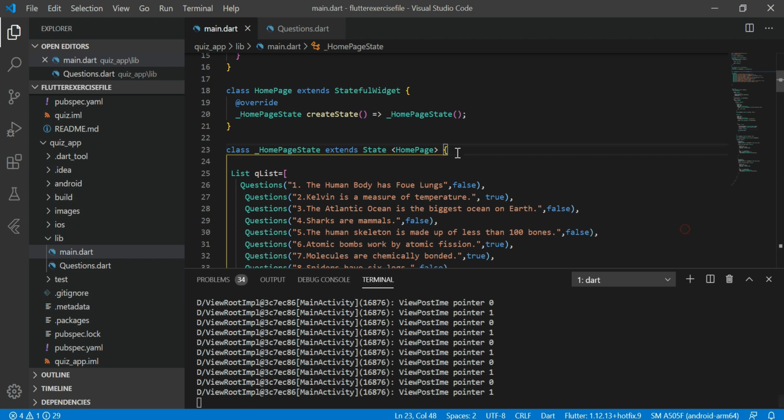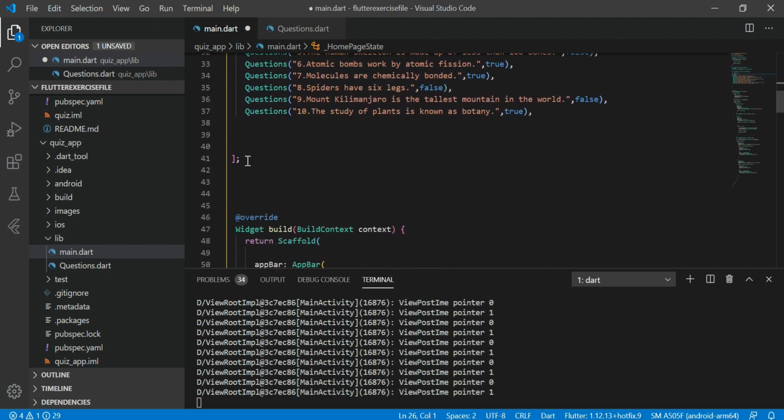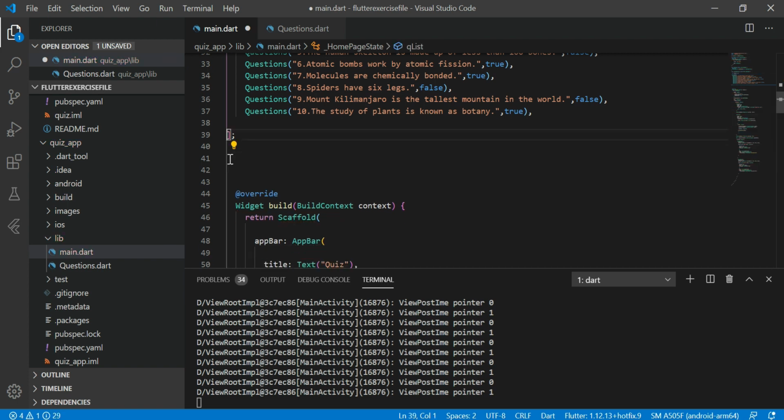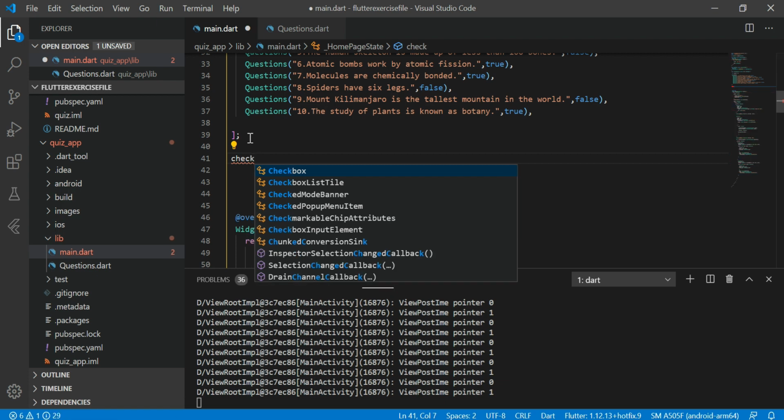Now to provide functionality to our button so that when we tap on the button, our question changes and we move to the next question, we need to provide a counter. I give the initial value of counter equal to 0, because I want my first question to appear first. As you know about indexing in a list, the first element starts from 0, that's why 0, 1, 2, 3. So in the list here there are 10 elements, and indexing starts from 0 to 9. So when I initially provide the value of counter equal to 0, it means I want my first question.